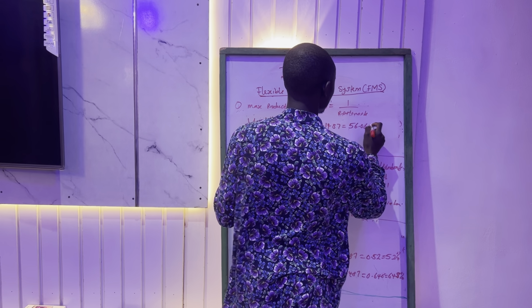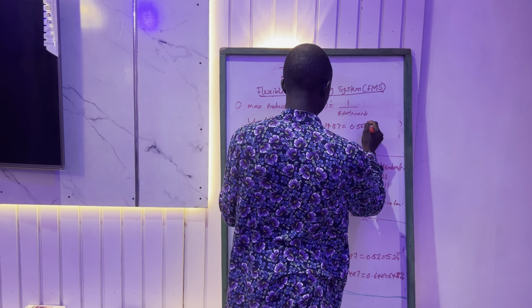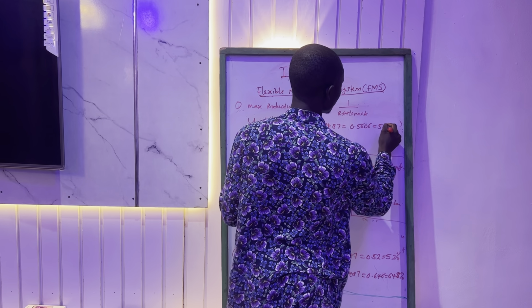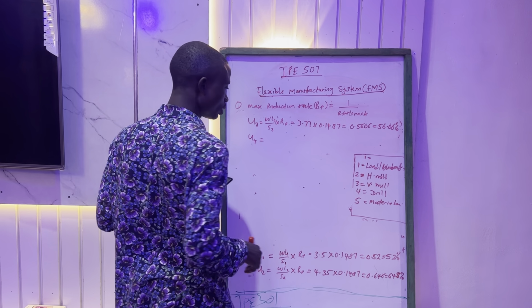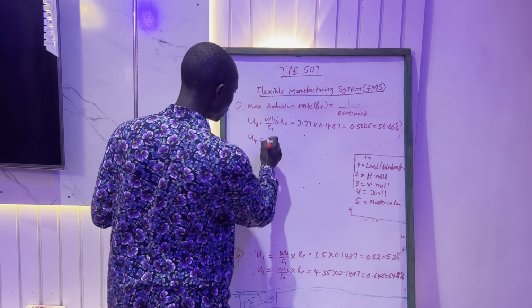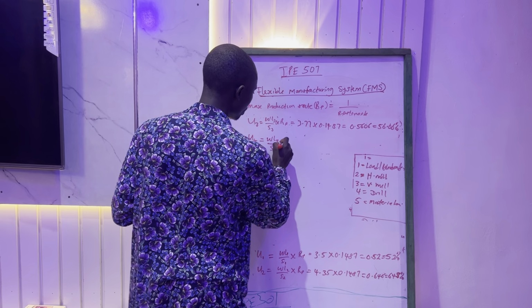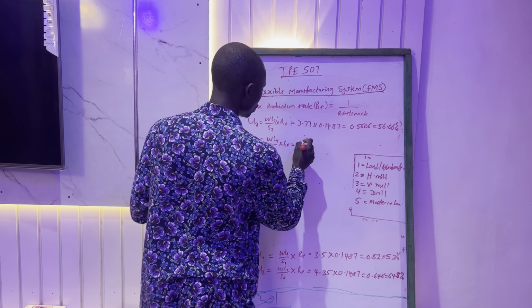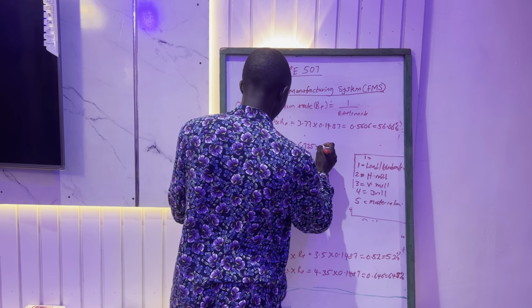56.06. No, 0.5606, which becomes 56.06%. Okay, for U4, which is the drill: WL4 over S4 times RP as well, right? So the WL4 is 6.725 times